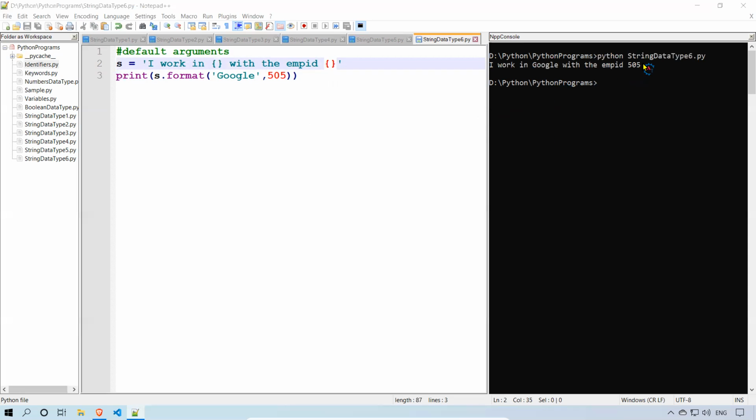When I run this, you see that it prints "I work in Google with the emp id 505". It is replacing these placeholders. It is expecting some value here. So using the format method, if you give it like this, it will fill these values. This is default arguments. And the second one is